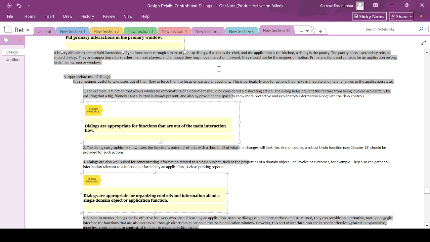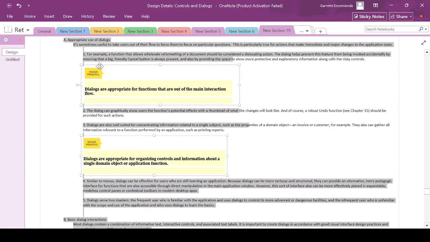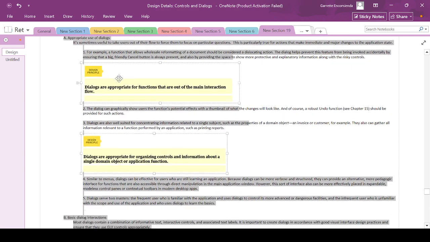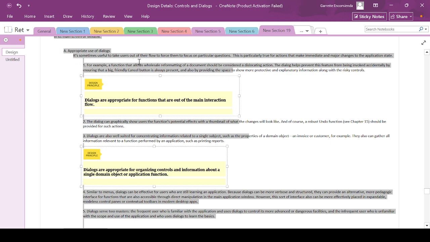And although they may move action forward, they should not be the engines of motion. Primary actions and controls for an application belong in its main screen or window. Appropriate use of dialogues. It's sometimes useful to take users out of their flow to force them to focus on